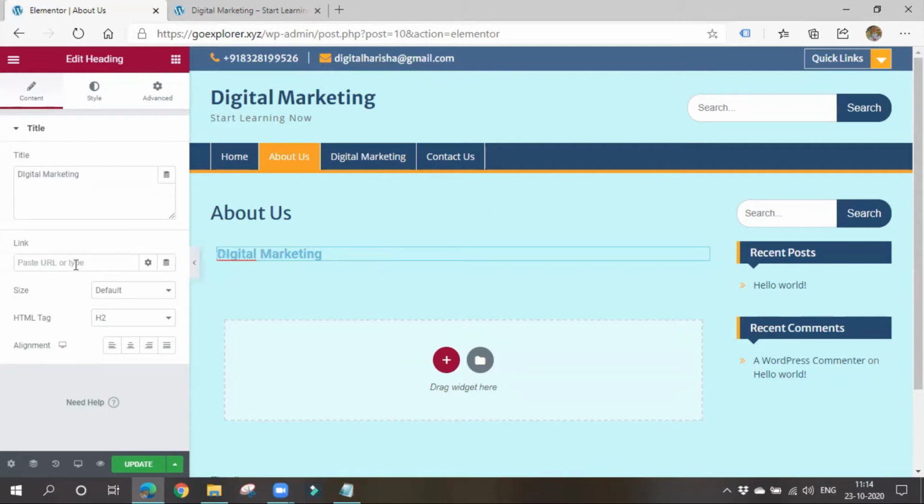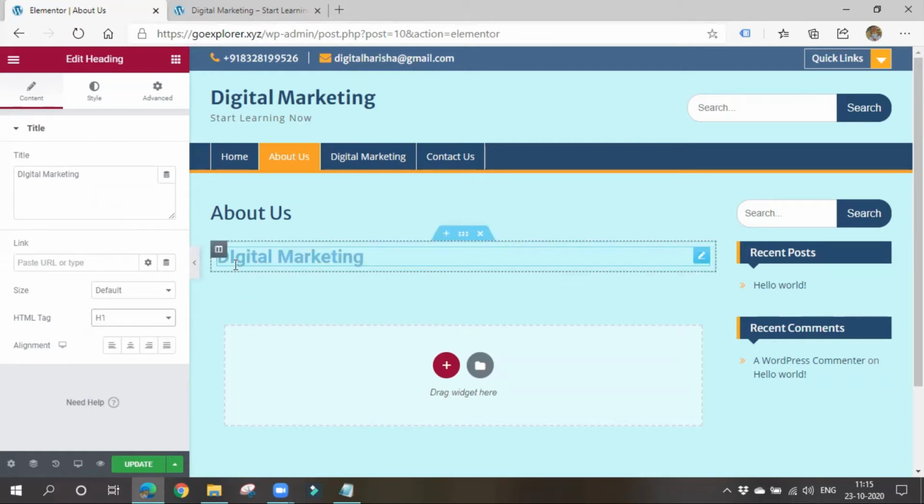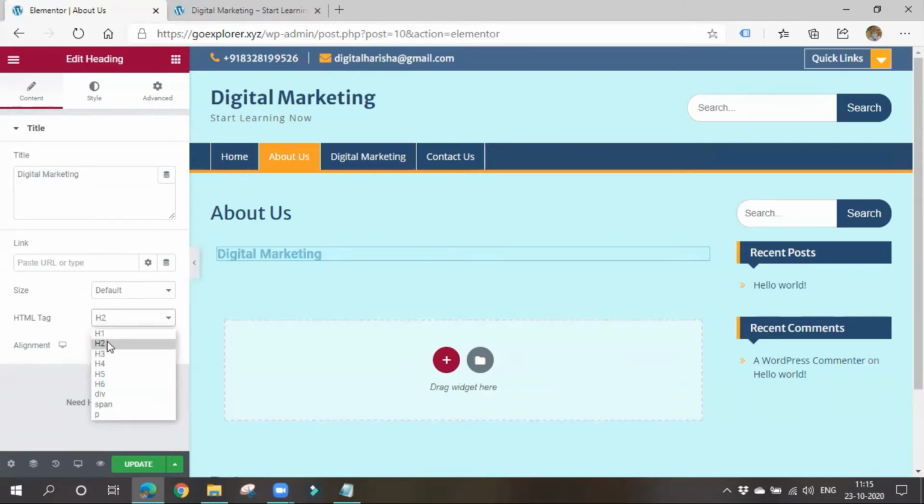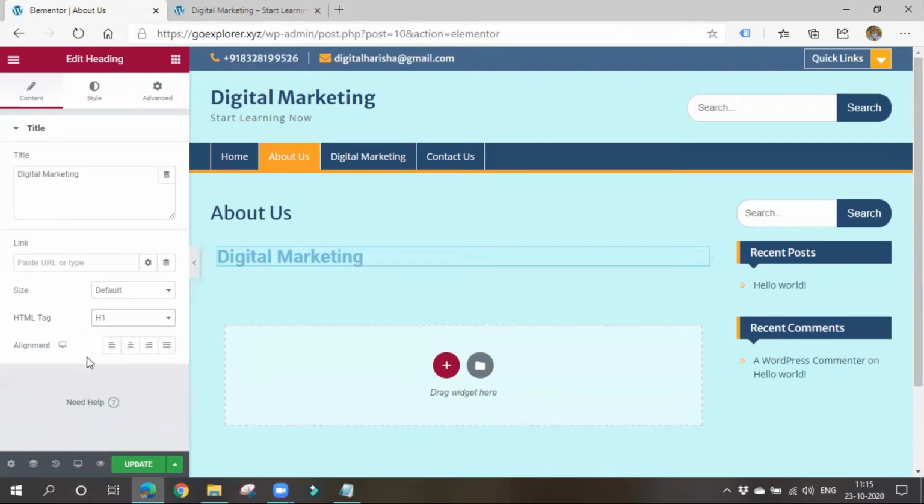Okay, so you can also give a link. What should be the tag size? So H1 to H6 will be the headings. Usually they are present in HTML. H1 will be the highest heading, means it will be bolder when compared to other things. H6 will be the smaller one. See, H1 will be more bold, then H2, H3. The size will decrease. You can also define the alignment, where it should be present, whether left, right, or center. Okay, I'll choose center itself.